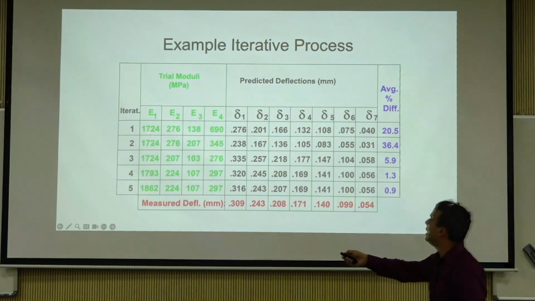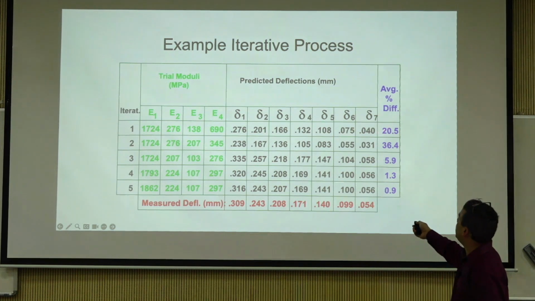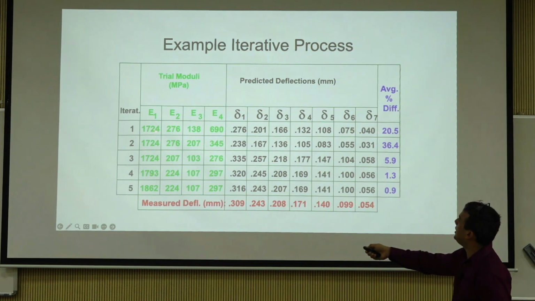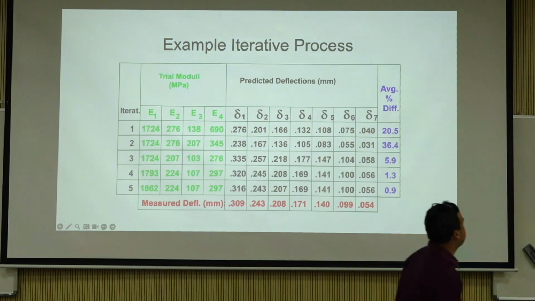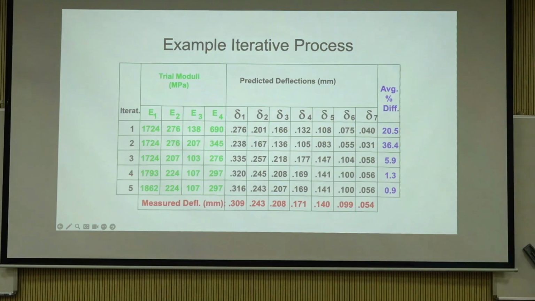As I told you, iteration 1, percent difference is 20.5, 1724 was E1, that is the trial, and these are the delta values. And then second, look here, what happened, folks. Look, the E1 remains same, E2 remains same, E3 and E4 change. You know why that happens? Remember what I said is, at D0,